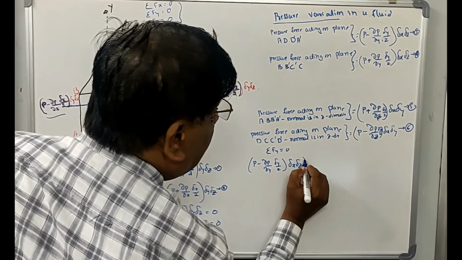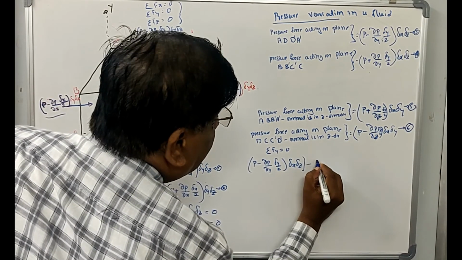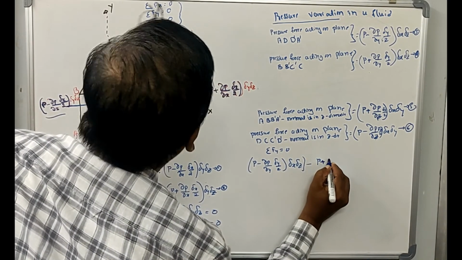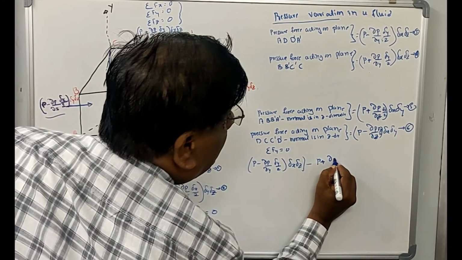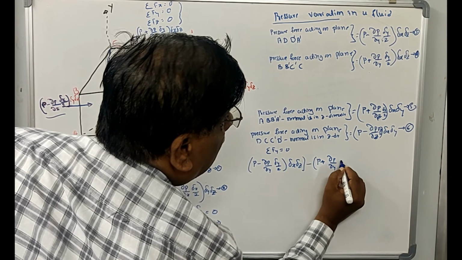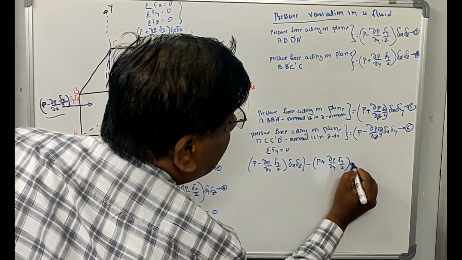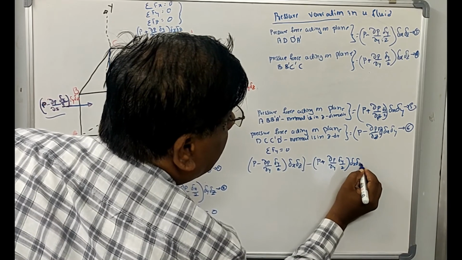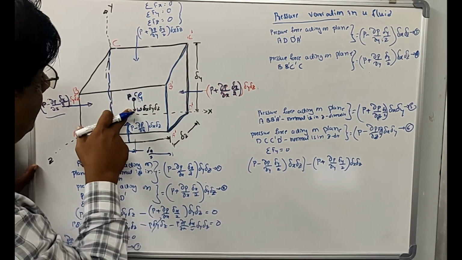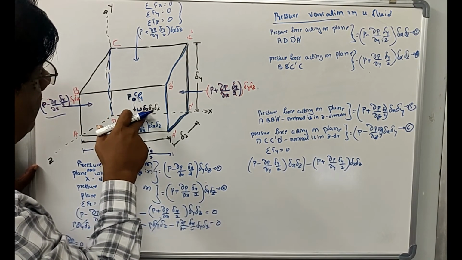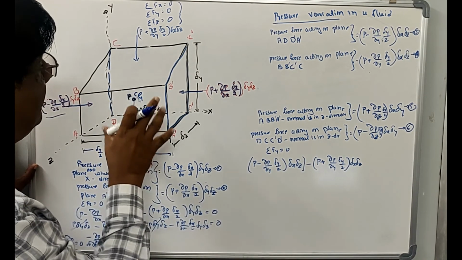Okay, then next is this force, that is P plus minus P plus ∂P by ∂y over the length Δy by 2, because this force is acting in the downward direction, on the surface area Δx Δz. Okay, these two are the surface forces. Then the self weight is what? That is W Δx Δy Δz. It is the volumetric force, nothing but the self weight.